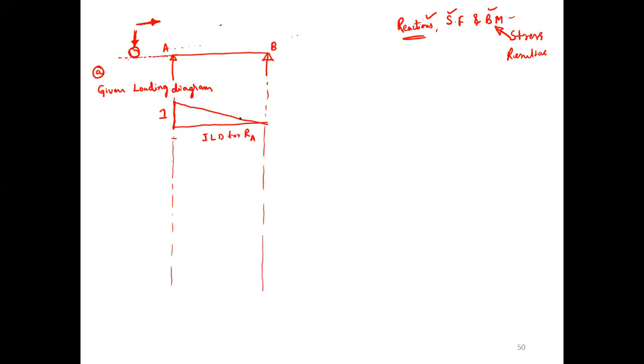RA. This is the equation, this is the diagram, triangle. If say this is L, this is also L. So this is the diagram you have to remember for RA. Any doubts? Next, similarly, if you want RB, then this one. This is 1 now. This is the diagram. This is L. This is ILD for